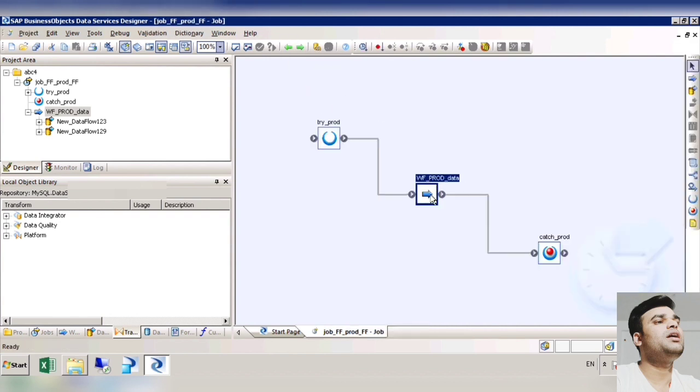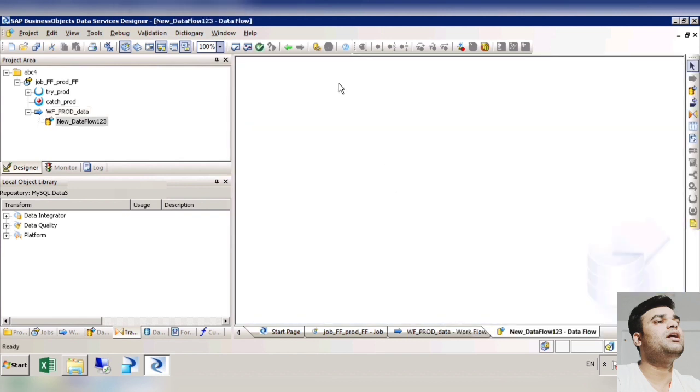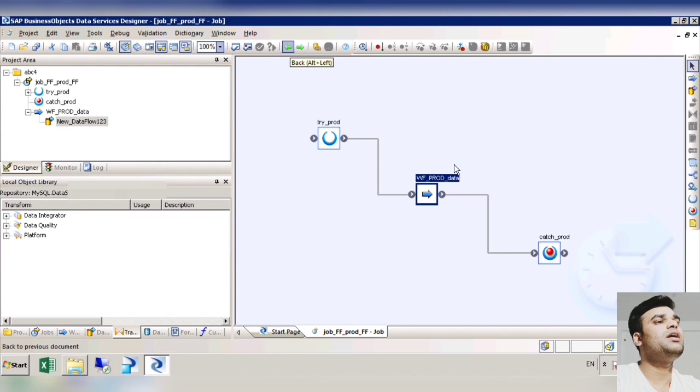Like, what I can do is use two workflows. In the first workflow I'll extract the data. Inside that obviously there will be a data flow which will actually be extracting the data. I can have another workflow here which will be loading the data. But in a single workflow also you can have more than one data flow, or you can have a single data flow. So what we will do is implement all the extraction, then transformation, and then loading all in one data flow only. Okay, so let me come again to this job level.